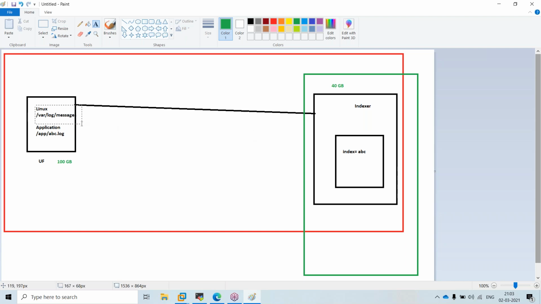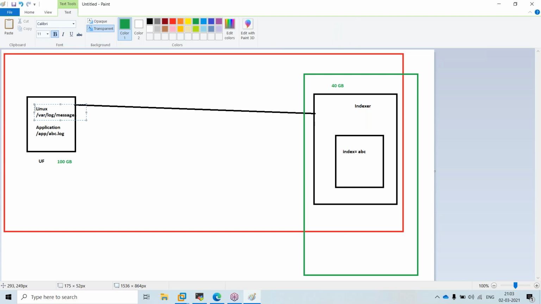Based on your application standard, you will write your log. Splunk will send it. It wants the path: where is my log, and where do I have to send it, my destination? Those are the only two pieces of information it will require. It doesn't bother about what is present in that log.